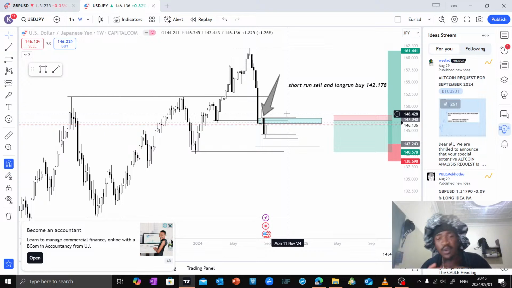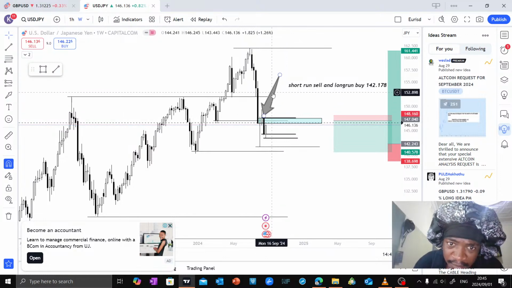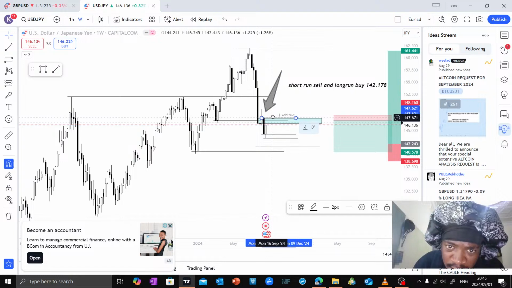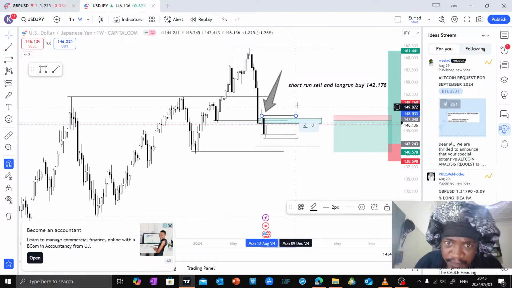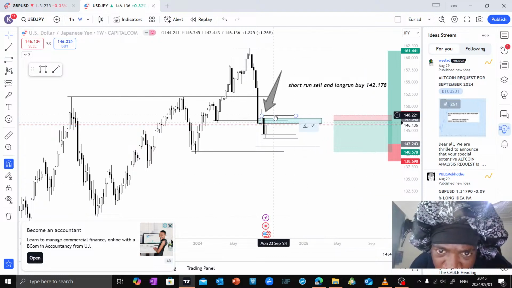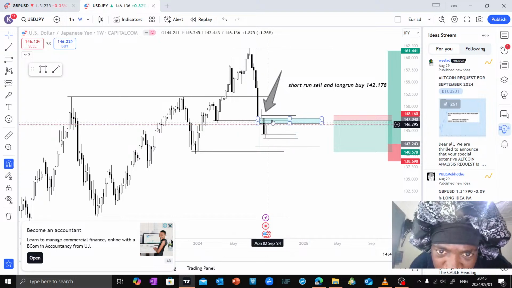Now, if we're gonna go lower, at least we should not break the previous week's high, which is this part. So you see, in that range right there, this is the previous week's high. If we're gonna go higher, we should go in there, right where there's that mitigation block, and then that's where we should